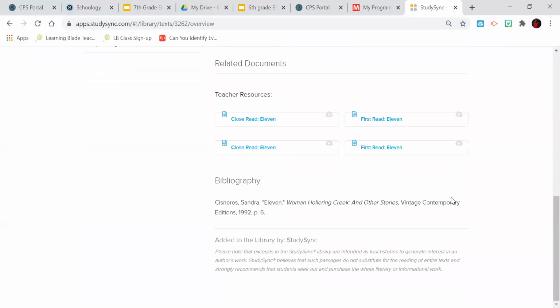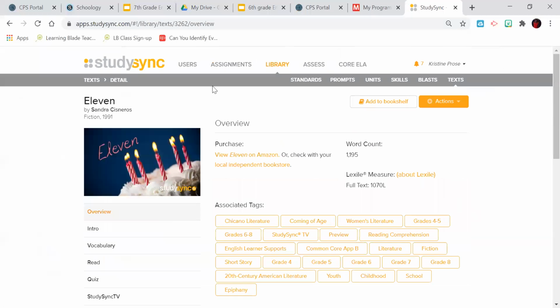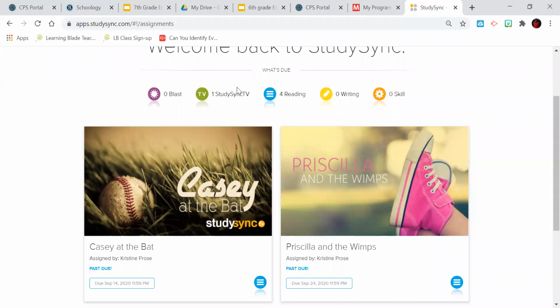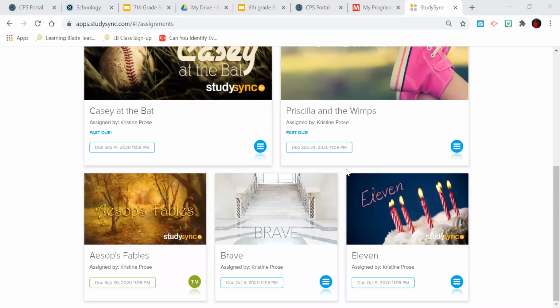again, mine looks a little different because I have the teacher version, so I'm going to pause this for just a second so I can show you what it will look like in your class when you log in. Okay, here we go. All right, so we're zoomed here. We'll say welcome, and then you're going to click on this, okay, 11.